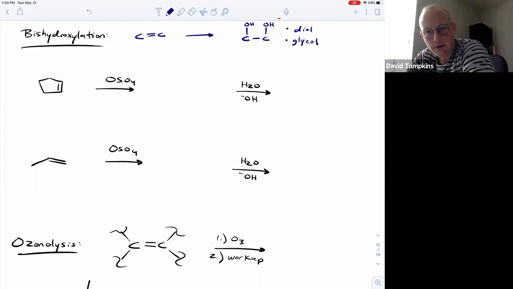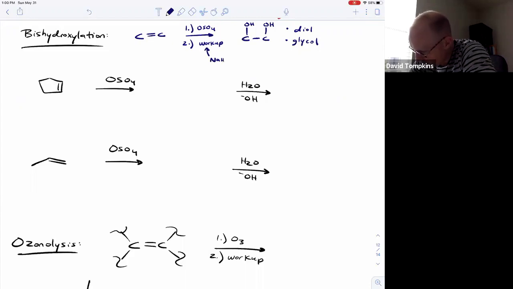And the way that we will do this is by first the addition of an oxidizing agent, osmium tetraoxide, and then via some workup step that's usually aqueous. This workup could be many things. Sometimes you'll see it as sodium HSO3,